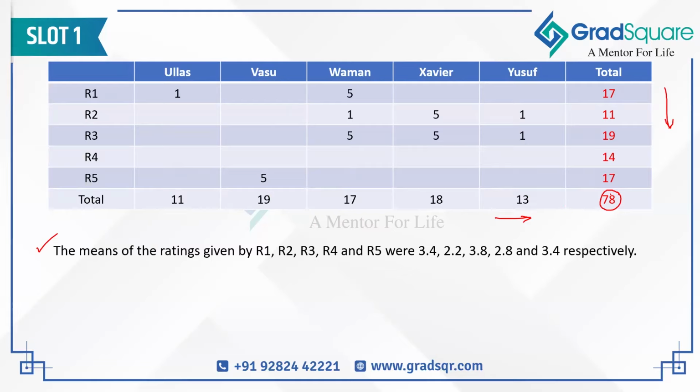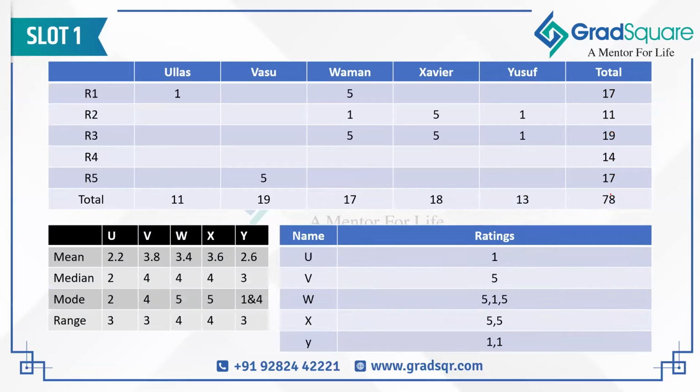Right? So with this being clear, let us now proceed to try to figure out new things from within the set about the data which is missing. So what I'm going to do is I'm going to use the table which has been given inside the set. And along with that, I'm going to make one more very simple table, which I'm going to populate with the 5 different ratings given to each of the gig workers, irrespective of which restaurant gives what. So basically, first, using the second table, I'm trying to find out what all numbers have been given as ratings for each of these workers using the mean, median, mode and range data for each of the workers. Right?